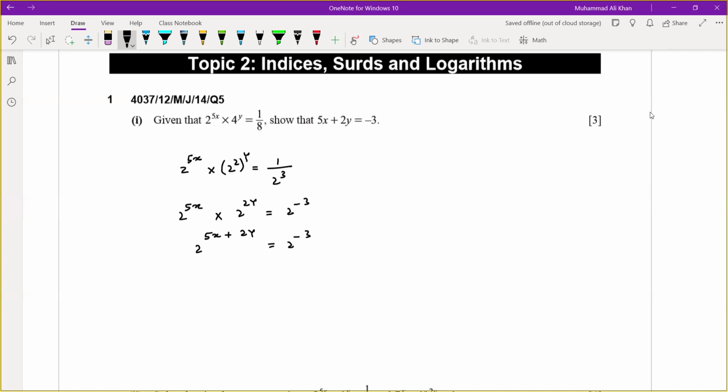And now the bases are the same towards left and right hand side. So bases eliminate, powers will be equated. 5x plus 2y equals to -3. And this we have to prove. Now, after that,